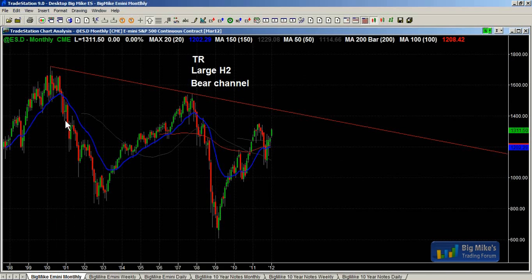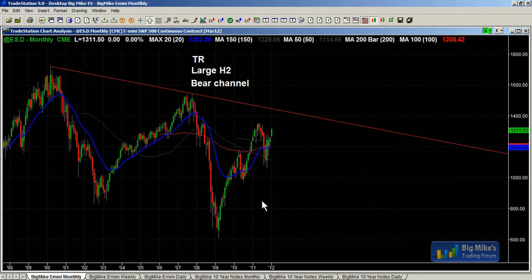It had a bear leg over here in 2002 and 2003, and everyone thought the world was going to end. And then it had a strong bull leg, and everyone thought the market was going to go to all-time highs. And then it had a strong bear leg, and everyone thought the world was going to enter a depression. And now it has a strong bull leg, and everyone thinks the market's going to go to all-time highs again. And that's just the way trading ranges work.